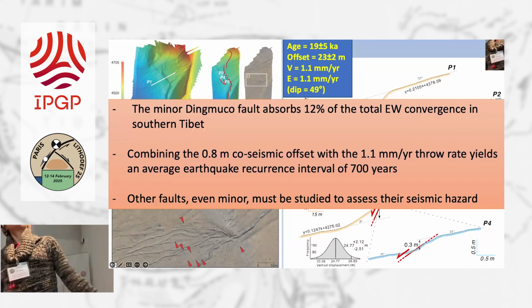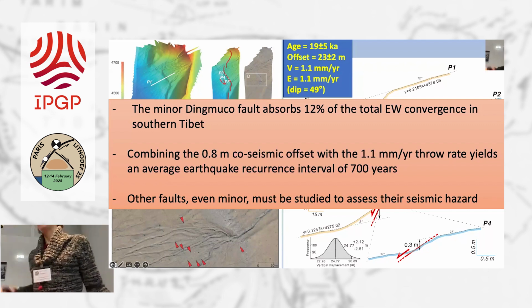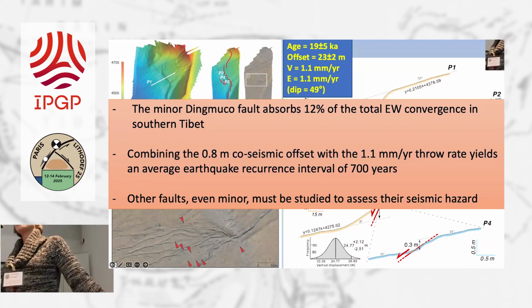So what does that mean? That means that this Dingmutso fault, which is only about 30 kilometers long, is not minor. It absorbs 12% of the total east-west convergence rate across southern Tibet, which was 9 millimeters per year. So it's quite significant. And then if we combine the co-seismic offset of 80 centimeters with the rate of 1.1, that means that we have an average earthquake recurrence interval of 700 years, which is actually not so